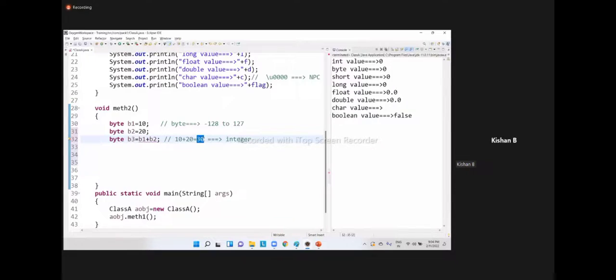So right now, B1 plus B2, what is the result? 30. What is the 30? 30 is an integer. So what is the compiler understanding? You are storing an integer into byte. Nope. How can you do that? I will not accept. So in this particular scenario, what we need to do, we need to perform